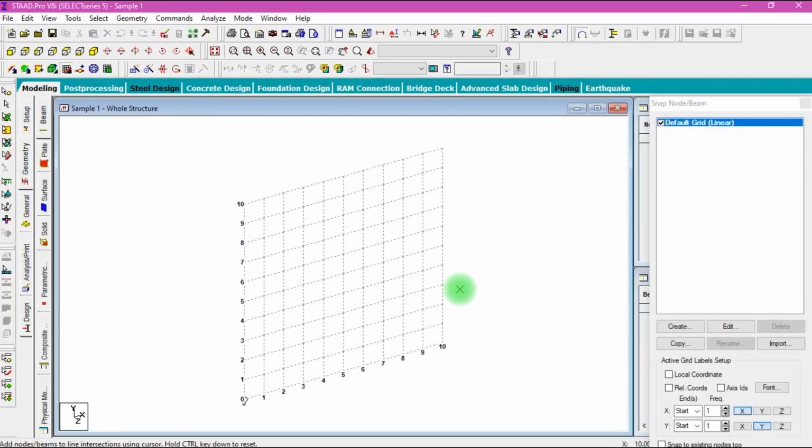This is the main interface of the STAADPRO software. This is the work area. Here we will draw the model of the building, and then depending upon these steps we will complete each and every part by doing these all steps. Geometry, general. In geometry we will draw the model,